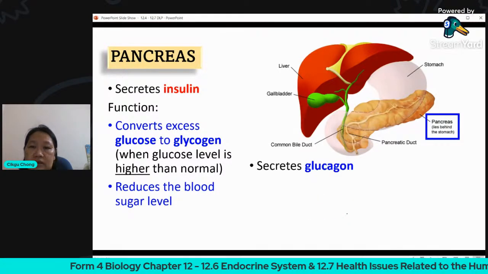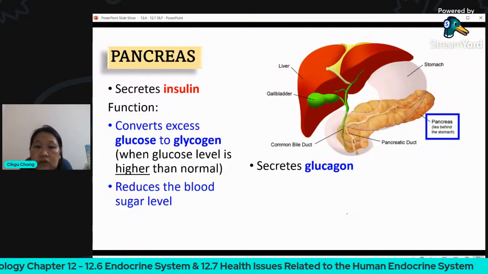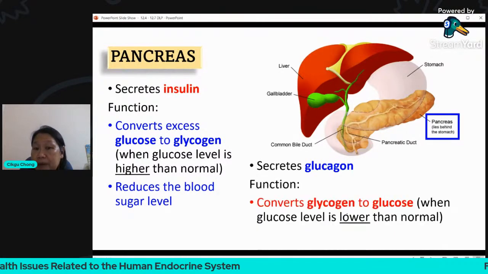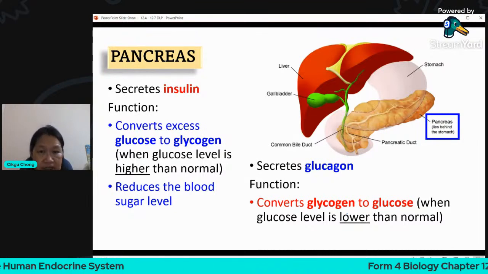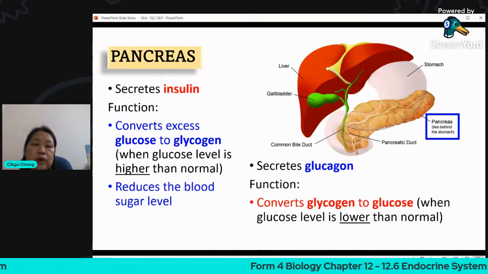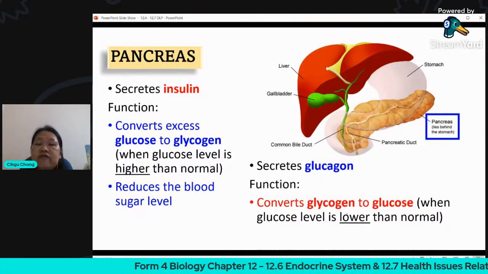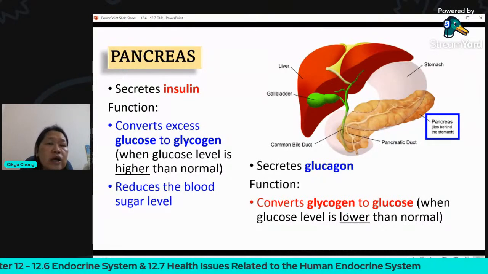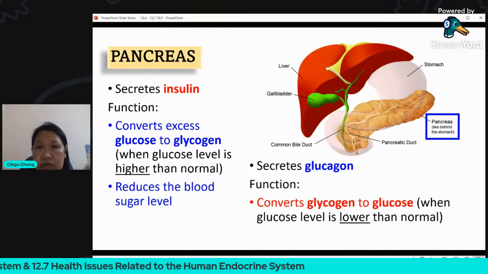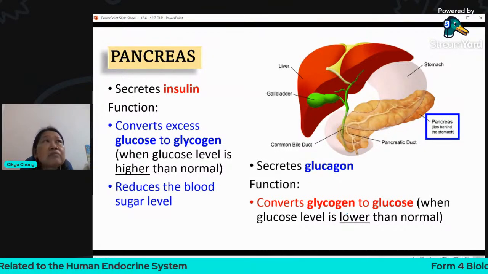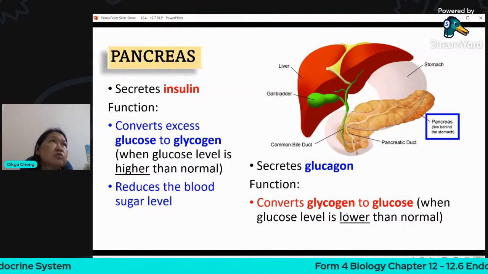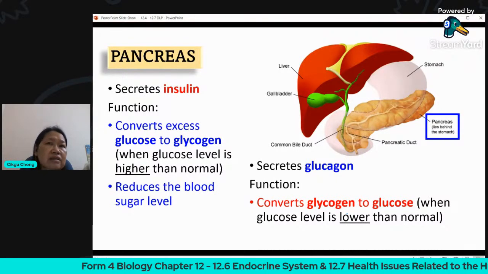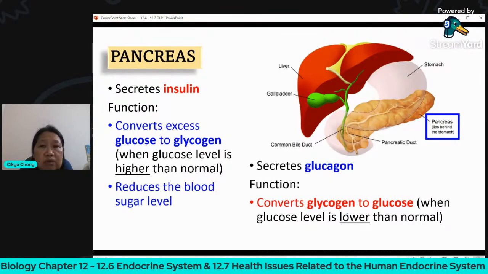Okay. Now the other one, besides the insulin, is the opposite hormone, which is glucagon. Glucagon has the opposite effect. The function here is to convert back the glycogen, which you stored earlier, back to glucose. This happens when you need your sugar, when you have not been eating for many hours, especially like when you berpuasa. Okay, you bersahur early in the morning around 5 something, you had your last meal of the day. Then the entire how many hours? More than 12 hours, up to 14, up to you berbuka puasa around 7 something, right? More than 12 hours, 14 hours, you will not be eating anything.